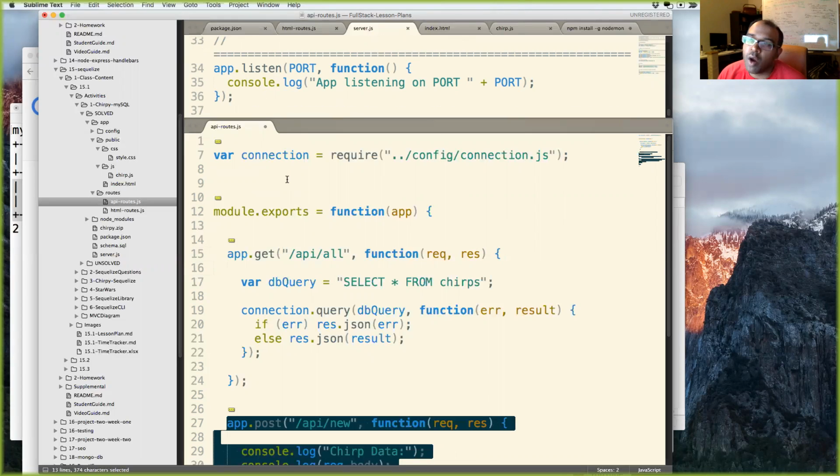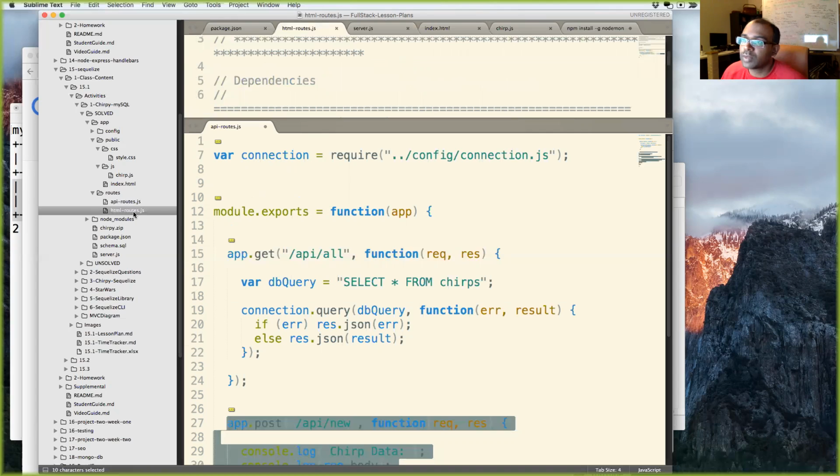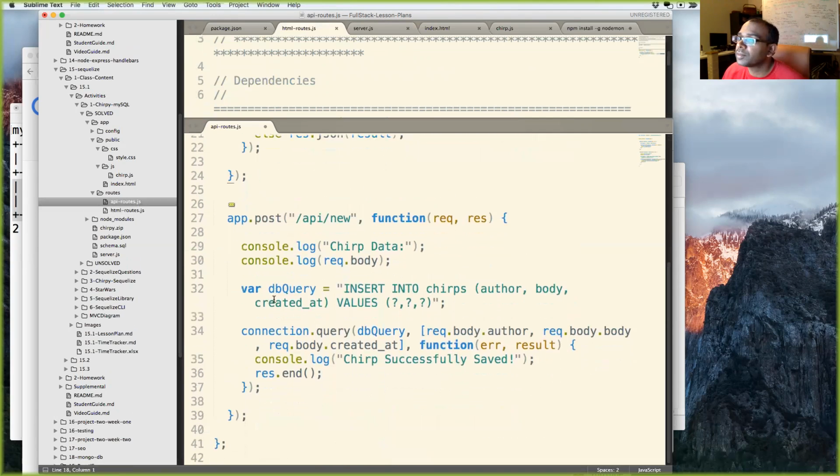Like, I know exactly where to go for my API. I just go to this file. I know exactly where to go for my HTML routes. I go to this file. And it seems trivial right now, and it actually is trivial because there's only 3 routes. So it's kind of silly that we're doing this, but the good thing is if our application expands, and we have thousands of routes, we know exactly where our API is. It's right here. We know exactly where our HTML routes are right here. Okay. Any other questions on this, guys?